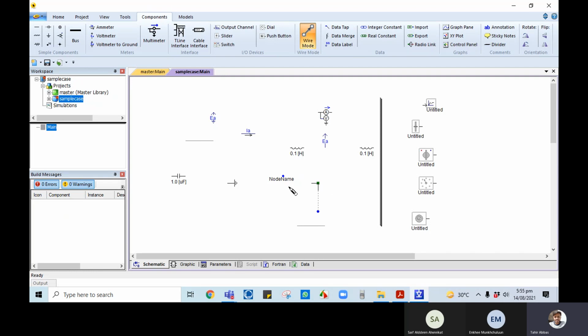Otherwise we can basically left click, left click, left click, then left click again. In this way we can get the different nodes, you can say diversion of our branch. Once you are done, just press escape. In this way you can see.